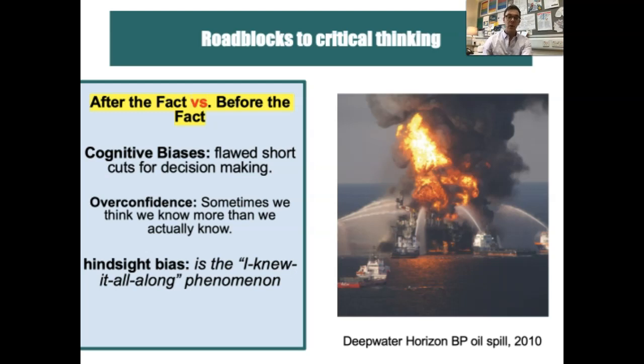Like, for instance, the BP oil spill in 2010. Why did this happen? Well, BP employees wanted to make some shortcuts, right? They wanted to save some money. And they looked at the recency in history, and they didn't really see that anything had happened in the past 40 years in the Gulf. And so with their decision to go with a more budget-friendly approach here on the piping for this oil rig, they thought, hey, it's a win-win. What ended up happening is nobody really questioned them, and they were maybe overly confident in the judgment of these